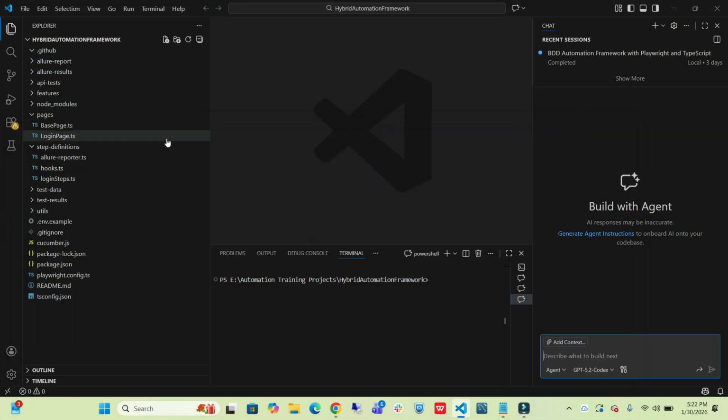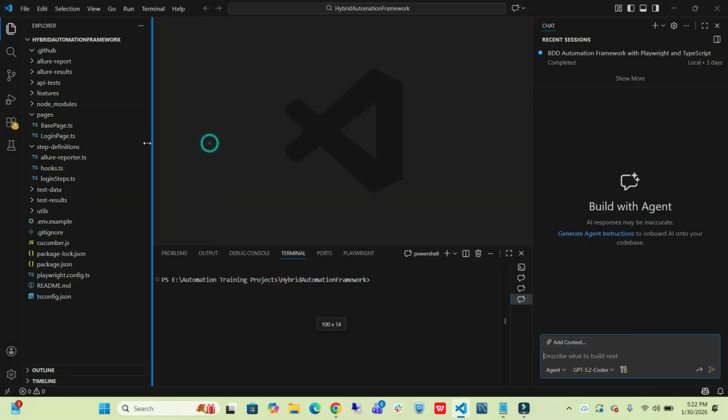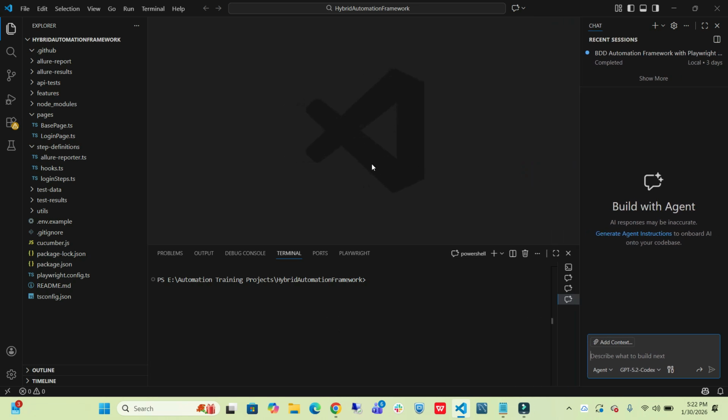In automation these days, the most in-demand thing is Playwright, and under Playwright we have something called Playwright MCP, the Model Context Protocol, that can help us automate. It is an AI agent that we can use to automate our web application. So in order to set up or configure the Playwright MCP server, you just need to go